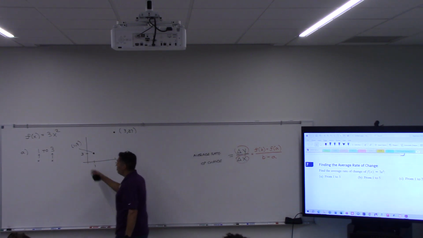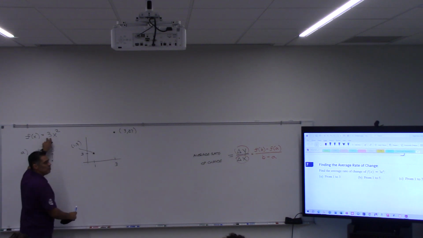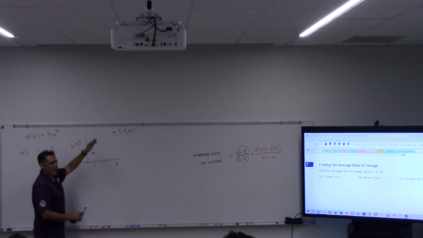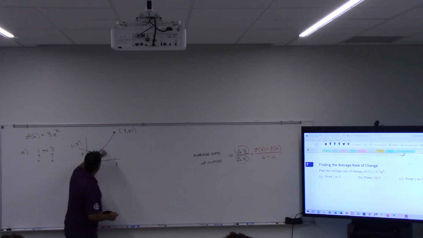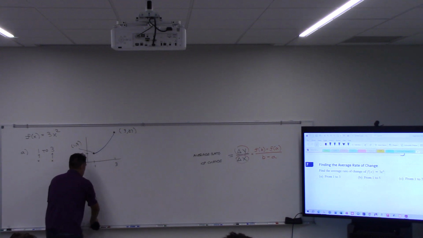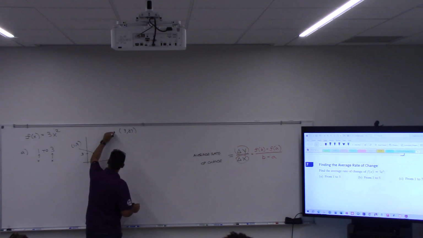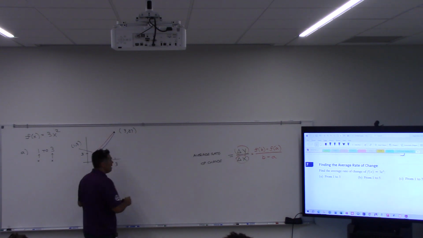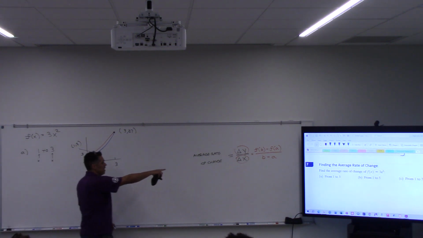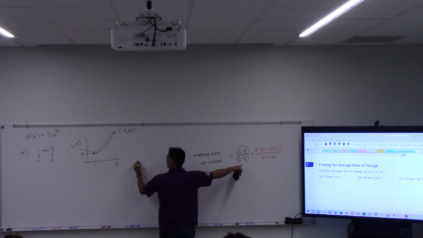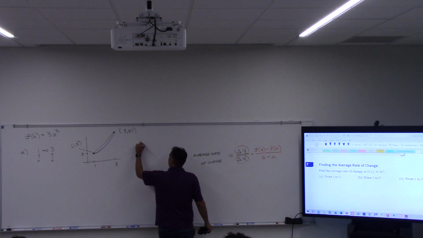Now, what the function actually does in here, like if you graph this function, it's not a straight line. If you graph it, it's actually a parabola. That's not relevant. What we're trying to do is find the average rate of change. So we're trying to find the slope of that red line that connects those 2 points together. So what is the slope? What is the average rate of change? It's this. Okay, so the average rate of change